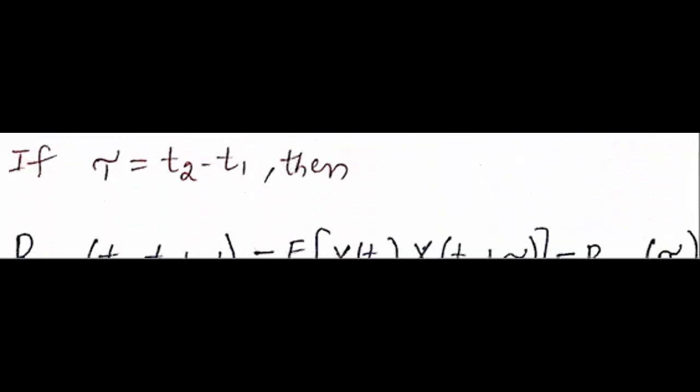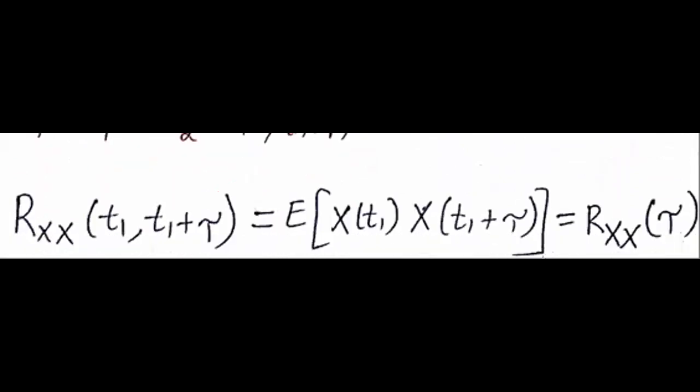If you put tau equal to t2 minus t1, then we are going to see the equation, that is the autocorrelation equation Rxx of t1 comma t1 plus tau, which is equal to